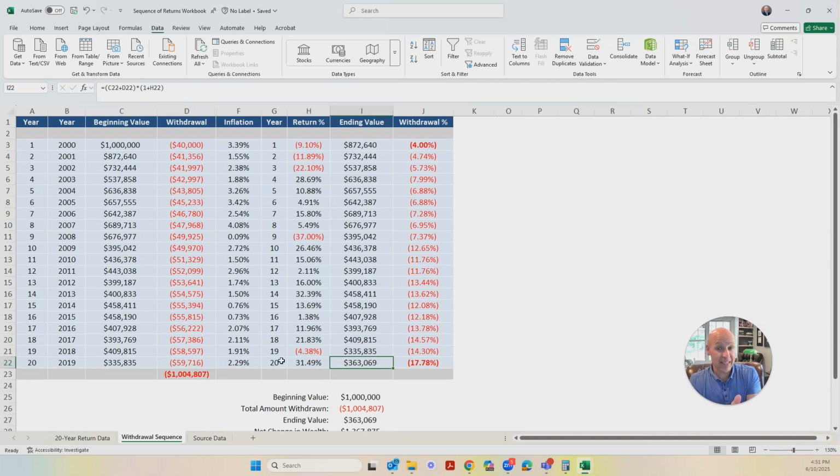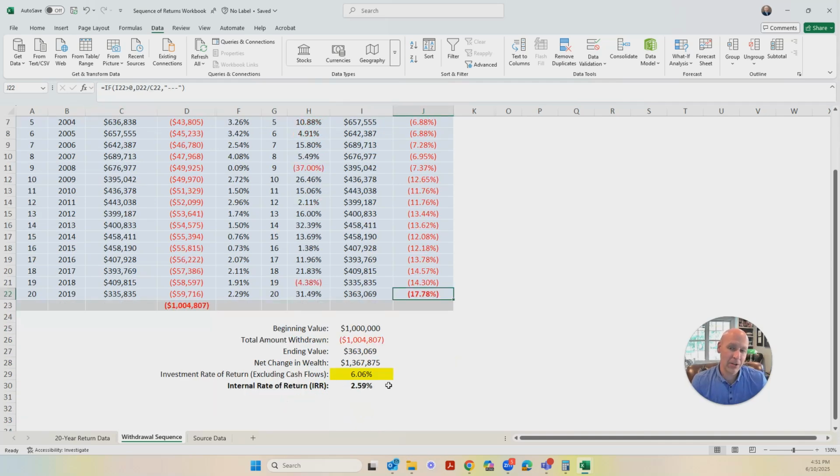So that $59,716 as a percentage of the beginning value of $335,835 was almost an 18% withdrawal. So you can see down here, if we look at the investment rate of return for that portfolio, which is ultimately the S&P 500, and we exclude the cash flows, it was a 6.06% average annual return. But if we take into account the cash flows, your internal rate of return, or IRR, was just